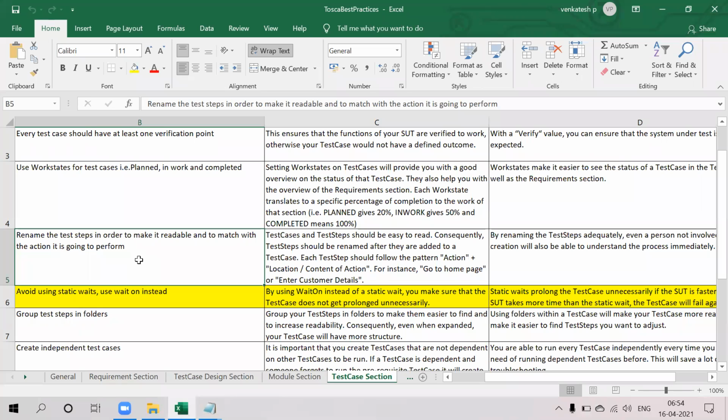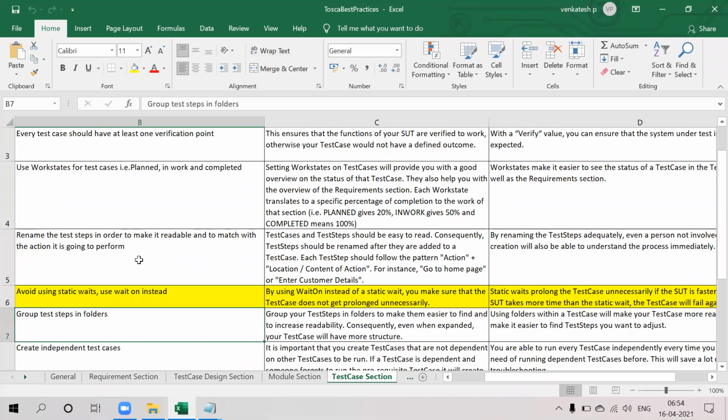Just by seeing it, you should know that. So, click on the login. Once I click on the login, Tosca is going to click on the particular login link itself. So when you are keeping your test cases, make them readable.